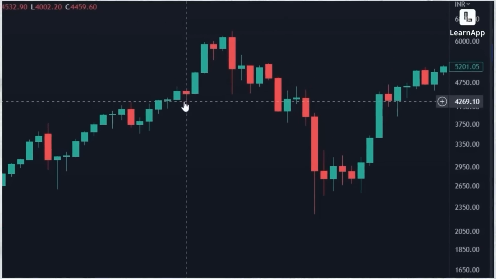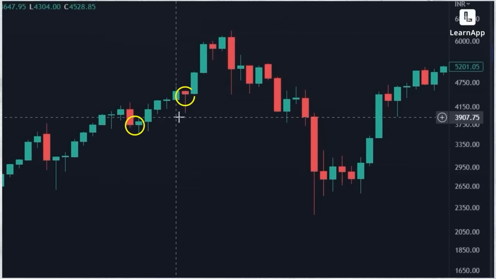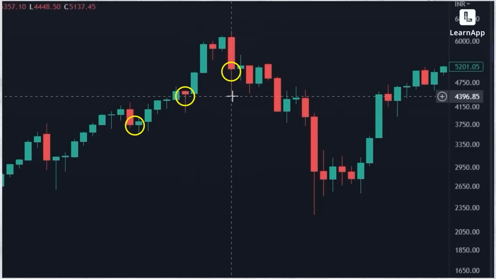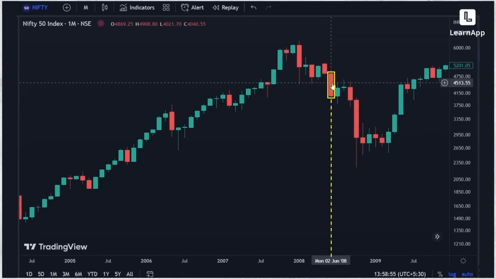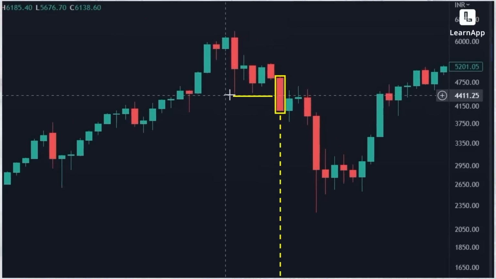And I'm sure you've heard of 2008, right? Let's look at the first step. You have to look at a swing low that is broken. So we have a swing low here. We have another swing low here. We have another swing low here, market goes, and this red bar right here. So June 2nd, 2008, when the swing low breaks, we say, okay, the uptrend is in danger.